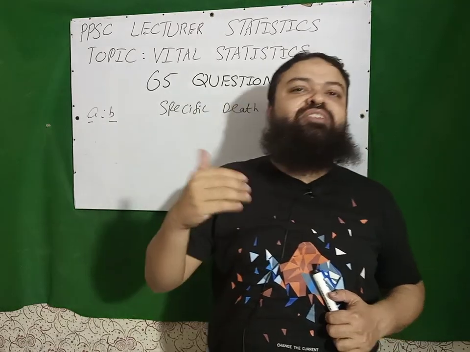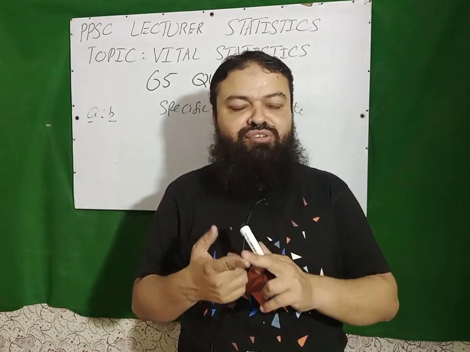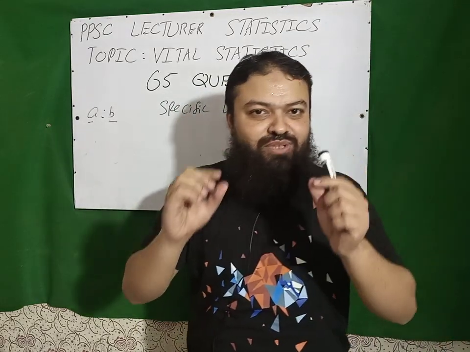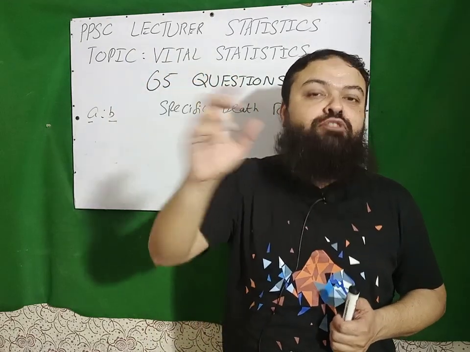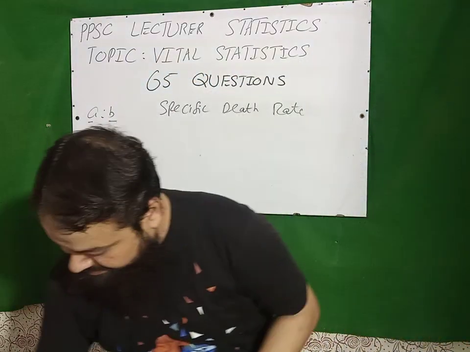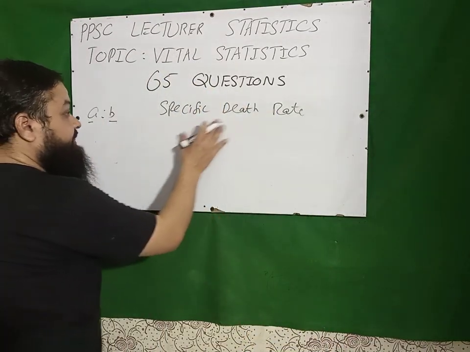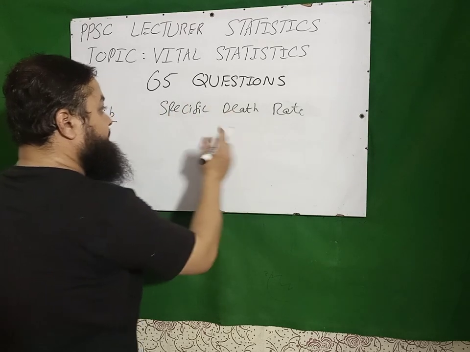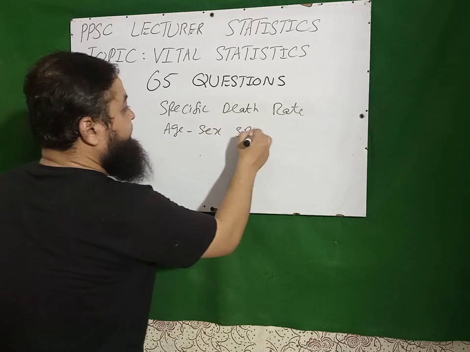Crude death rate has a drawback. It ignores the climate, age, occupation and sex also. Now we move towards the specific death rate. It is calculated for some specific group of people, for some specific age of people. A very important one. And when we are calculating specific death rate for males separately as well as females separately, it is called age-sex specific death rate.